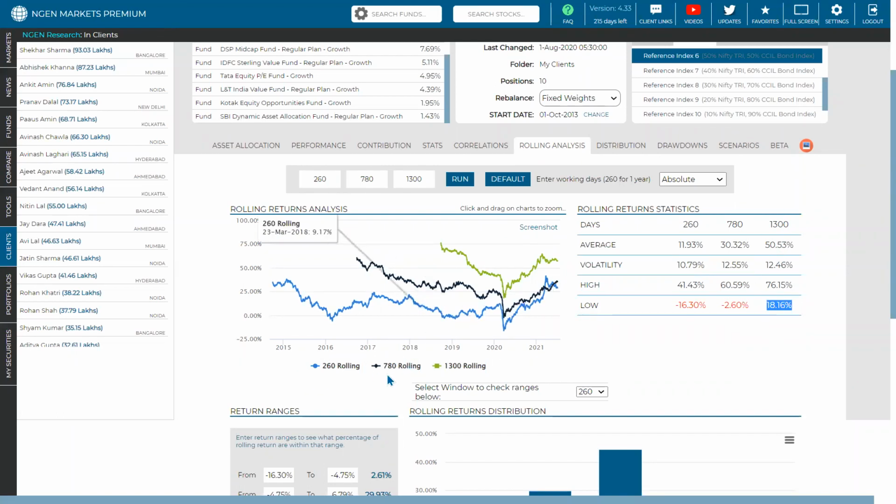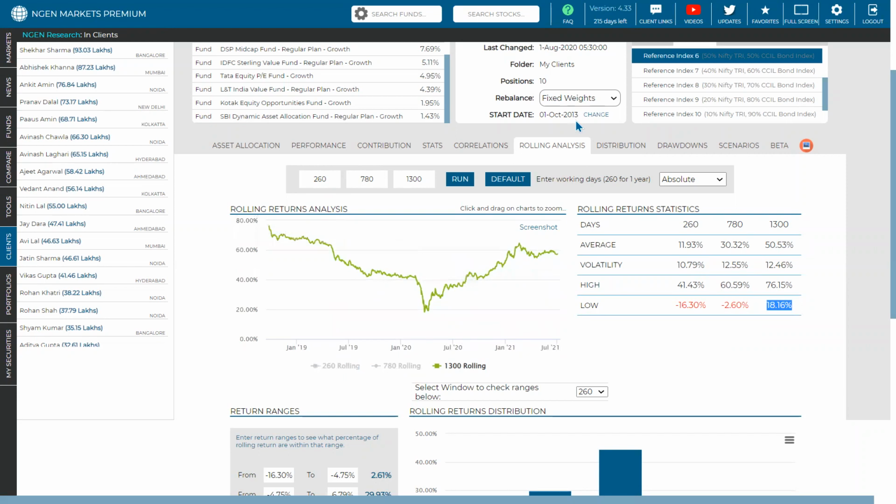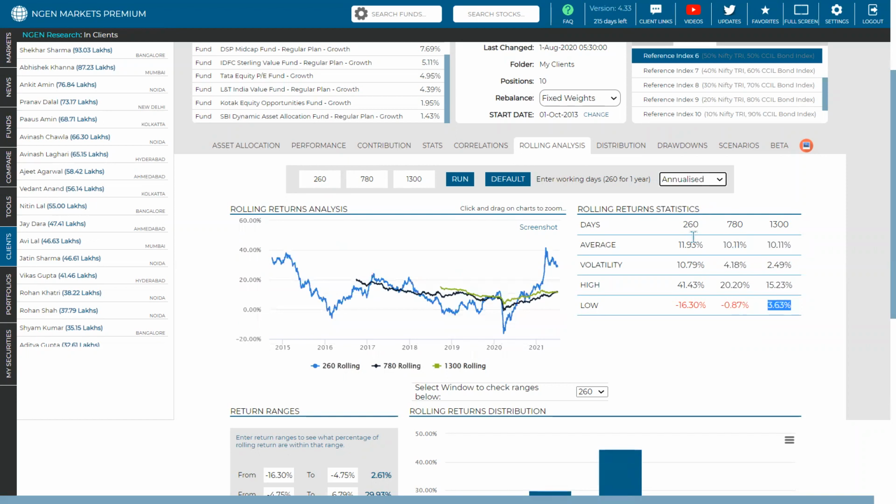So any particular data point, whenever you start from 2013, every single data point is positive, which shows you the sum of the previous 1300 days. I'm talking about 1300-day rolling return. So for a 5 year period, right? And you can even analyze this. So if you analyze this, you will definitely